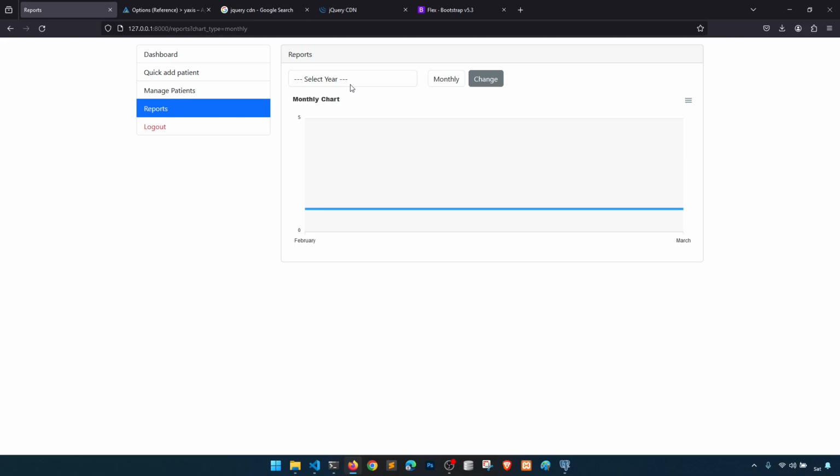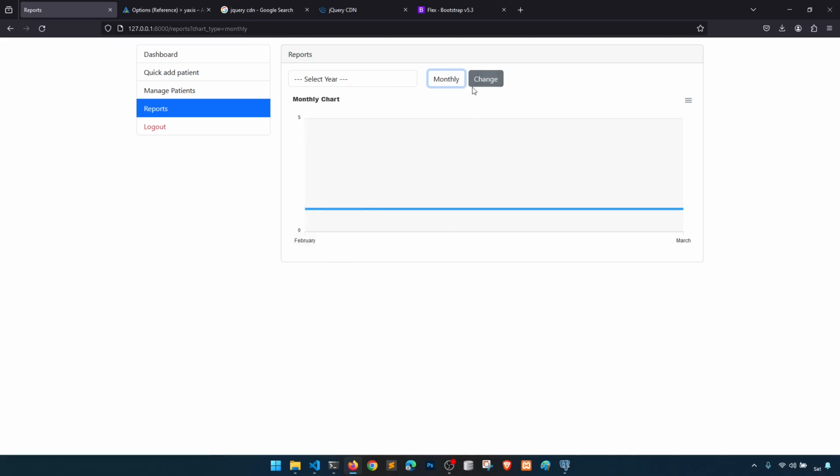So we can fetch the data according to the specific year data, right? Specific year, monthly or daily data, right? So if we select this yearly, then it should show the data and this will be disabled. But if we select this monthly, then we have to show the year's data, and when we select the year,